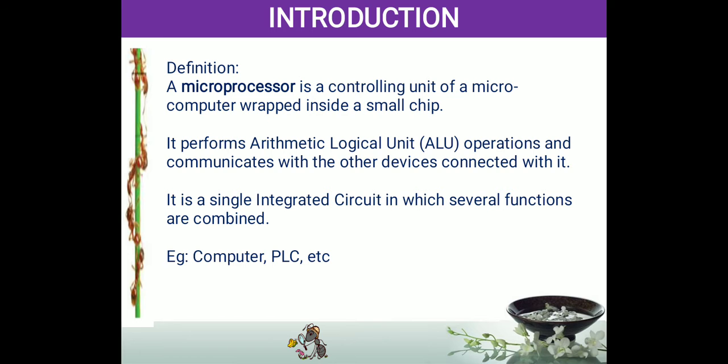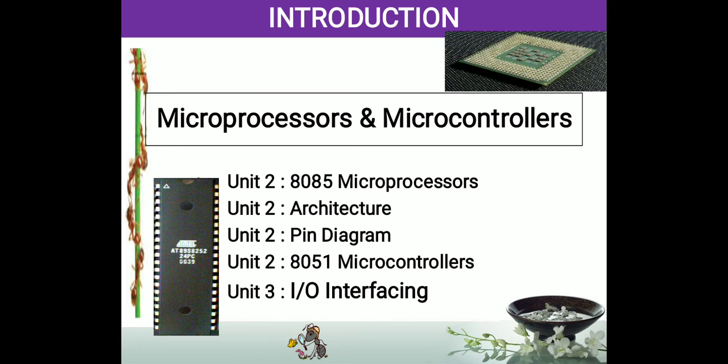Okay, it will do all those things. But if there are more than 30 operations, or if unexpected things are happening, then we have to go only with the processor. Or if any process requires any calculation part, then you have to go with the processor. Okay, so this is the difference between the microcontroller and microprocessor.